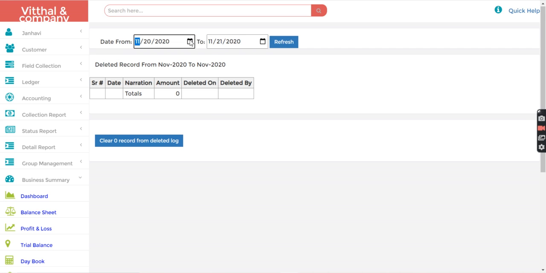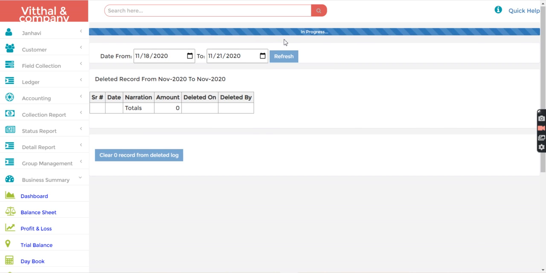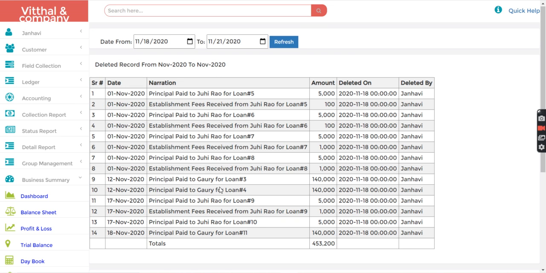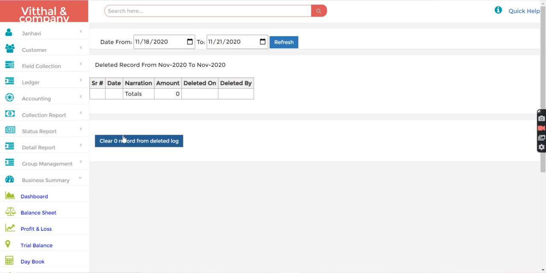So there is no record. Okay, so here you can see this many deleted records I have from 18th to 21st. So I want to clear this log from here. So I will just select this option. So you can see the clear 0 records deleted log.